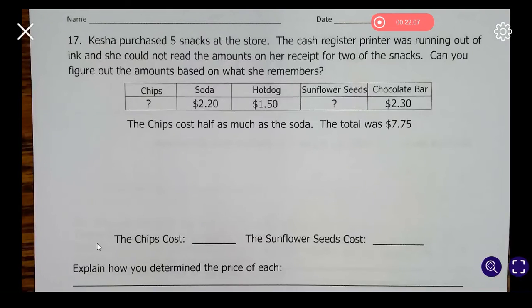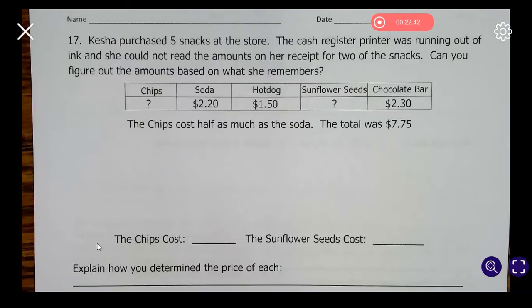Question 17. Keisha purchased 5 snacks at the store. The cash register printer was running out of ink, and she could not read the amounts on her receipt for 2 of the snacks. Can you figure out the amounts based on what she remembers? She's not sure what the chips are. She knows the soda was $2.20. The hot dog was $1.50. She doesn't know how much the sunflower seeds were. The chocolate bar was $2.30. The chips cost half as much as the soda. The total was